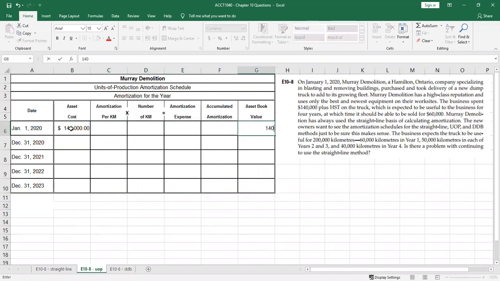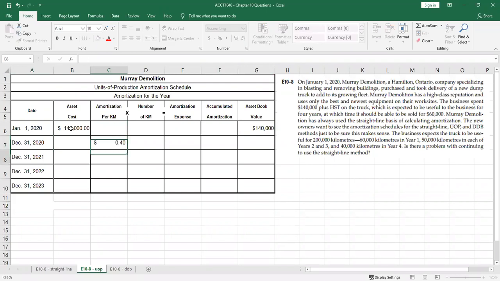And remember, on January 1st, 2020, there's nothing else we need to enter in this row except for these two figures, the asset cost and the asset book value, because the only thing that happened on this date was we purchased the truck. Okay, for the next four rows, the next four dates that you see here, we do need to account for amortization. Okay, so for units of production, like we calculated on the previous slide,